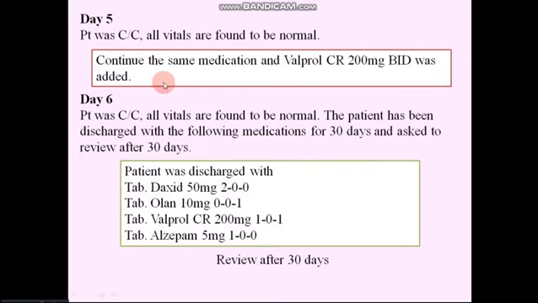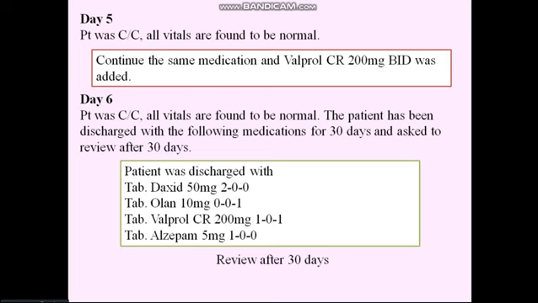Coming to the complaints and the day's vitals, how the medication was continued, what drug was added, and on what basis the drug was added, you have to mention everything here itself in the day-to-day plan. After completion of writing the day-to-day plan, you have to mention the discharge medications in a separate tabular column. For how many days you are going to give the discharge medication, you have to write that.